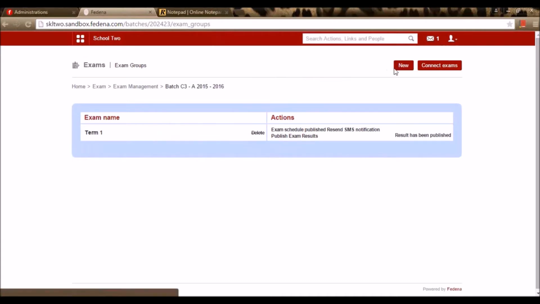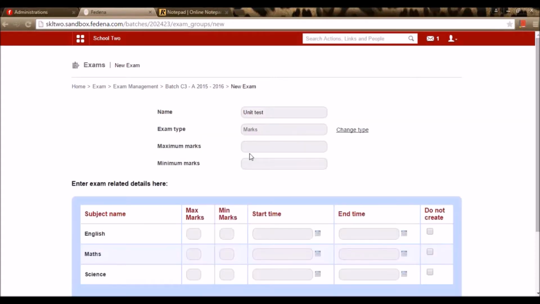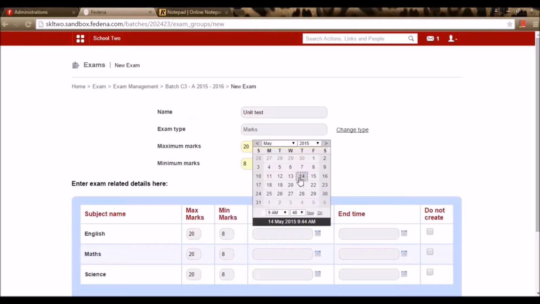Now I can create one more exam by going for the option new and I can go for the option connect exam. So let me create one more test, say unit test, and give save, where I'm giving a maximum mark to be 20 and the minimum mark to be 80, and I'm setting an examination